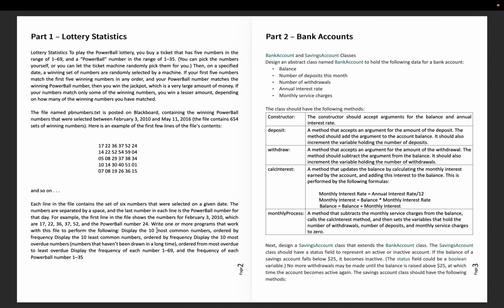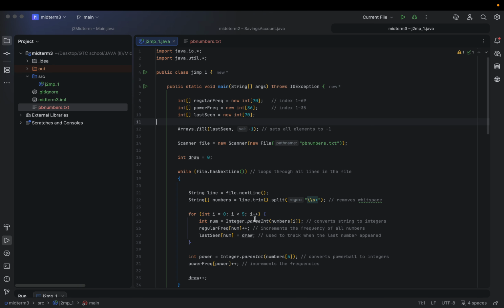Now the assignment asked me to display the 10 most common numbers ordered by frequency, the 10 least common numbers also ordered by frequency, and the 10 most overdue numbers, and then to display the frequency of each number 1 through 69 and the frequency of each Powerball 1 through 35. Now I can go over to my program